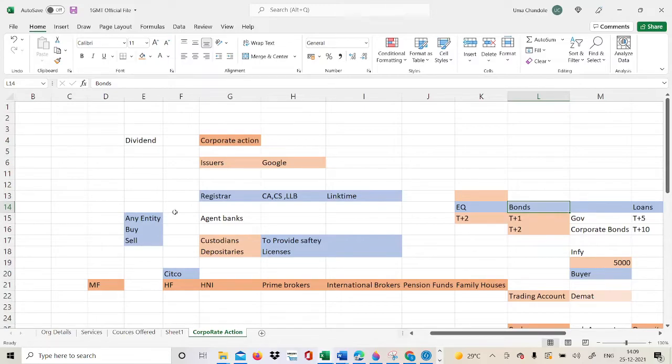So now come to your point. As I mentioned, there is no such definition of who can be the custodian. Suppose, in the case of JP Morgan, they work as an agent bank, they work as a custodian, they work as depositories as well, right? They create individual entities within their organization by the name of depositories, custodians, and agent banks, and they provide such facilities to their counterparts. Eventually all the entities are working for a profit or margin, even looking for transaction fees. So the same entity can play multiple roles, that is fine.